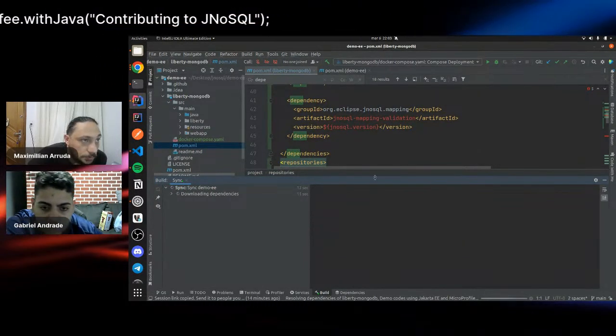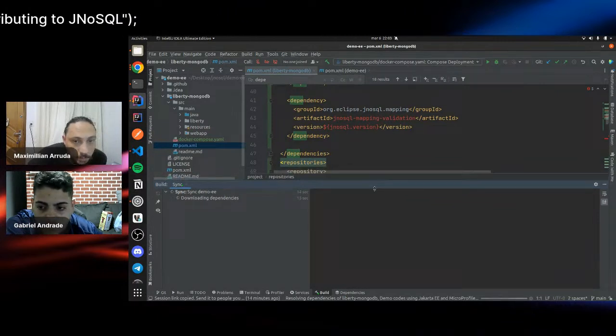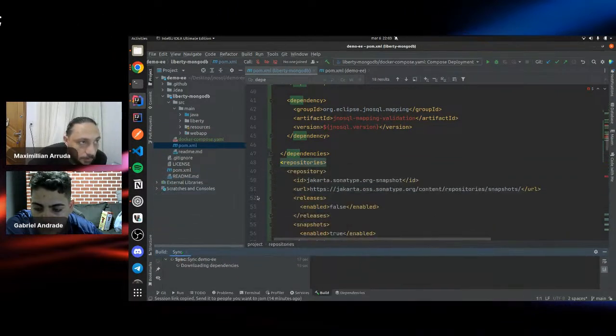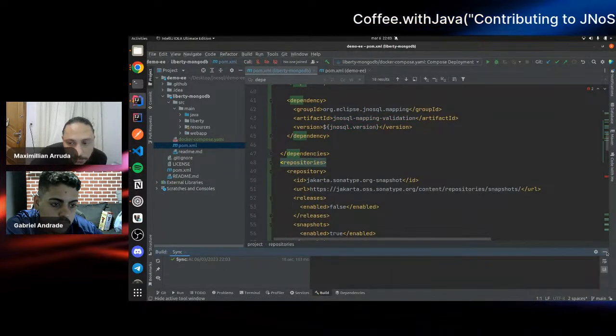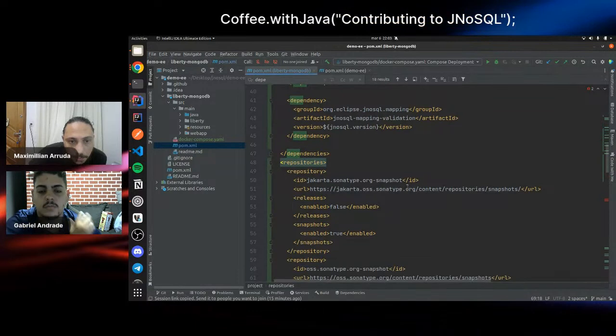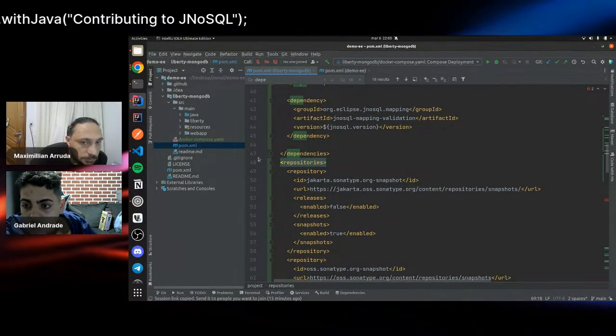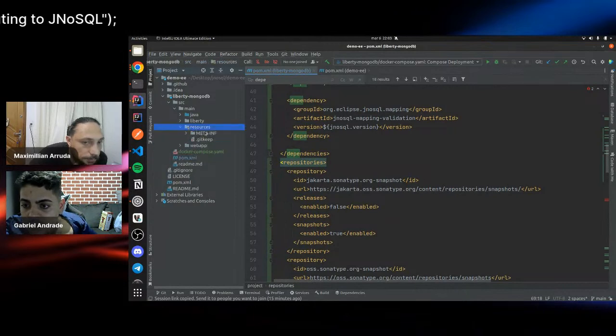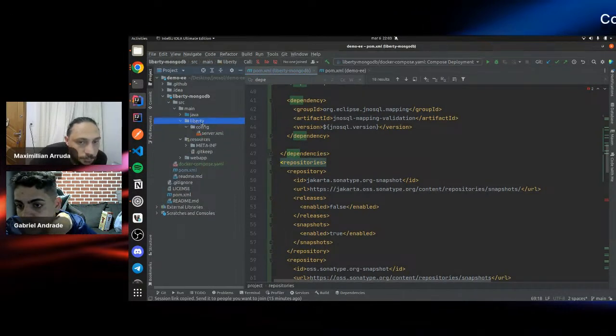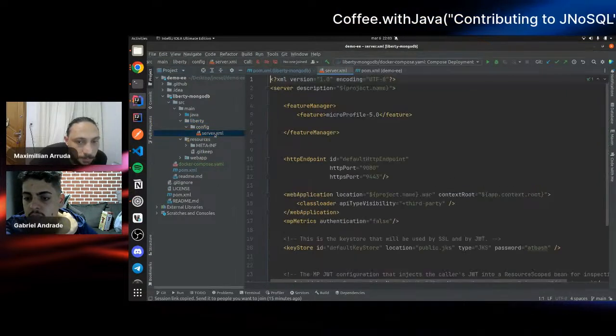There's another configuration you need to make so that Open Liberty is able to access the Bean Validation. Go to the src/main/liberty directory. You will see a file under config called server.xml.